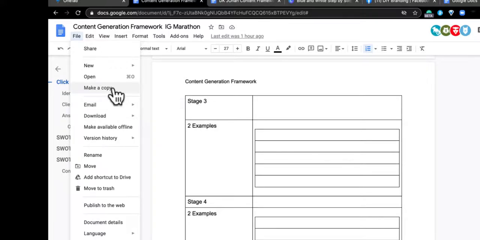I would suggest you click on make a copy and save the copy so we can work on it together. And then if you add DK Jonah to it, when you and your team are through, I'll be able to give feedback on it when we have our one-on-one session. Okay, so I was talking about